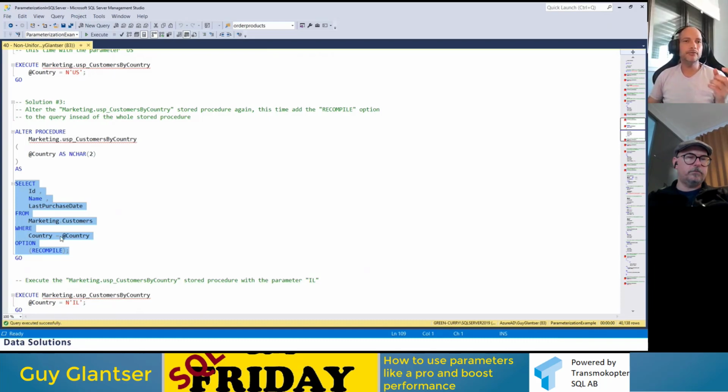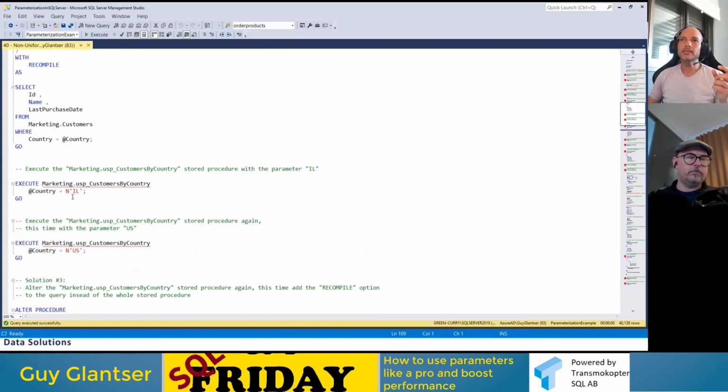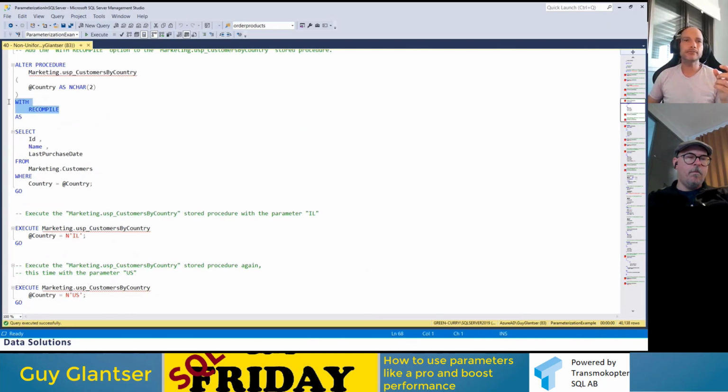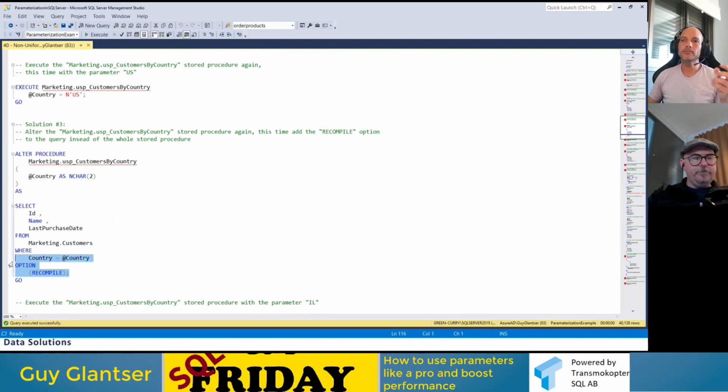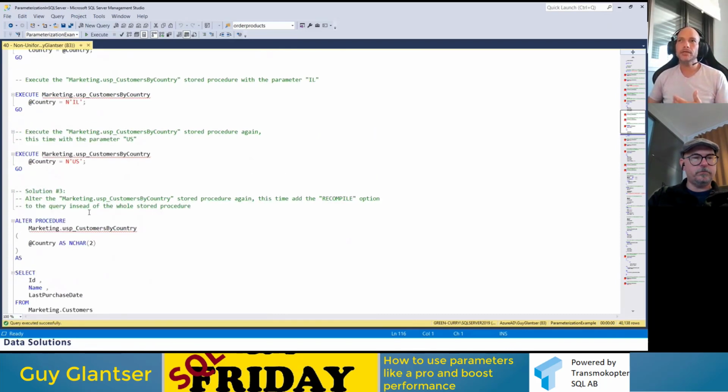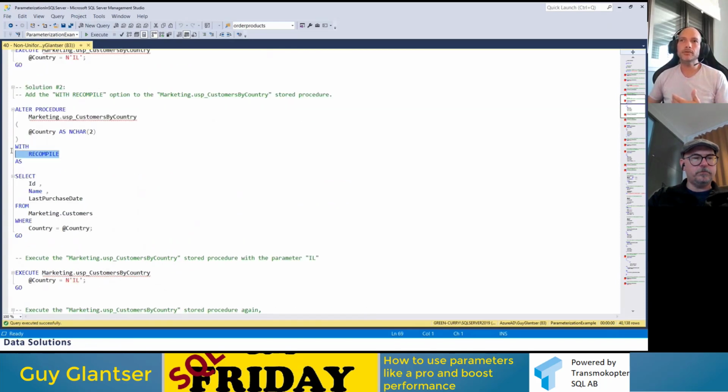And another difference, which is very, very important, is that with recompile happens at compile time, and option recompile happens at runtime. It might sound like, what's the big deal? It's a big deal. Because during compile time, before even starting to execute the stored procedure, SQL Server now needs to generate the plan for the entire stored procedure, which is what happens using with recompile.